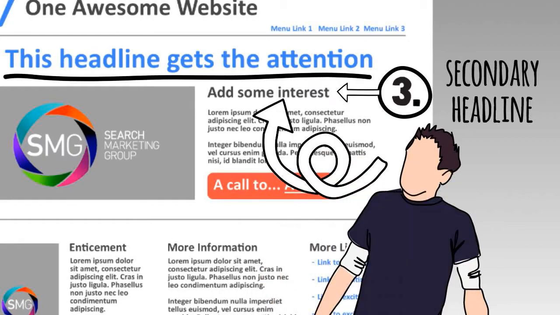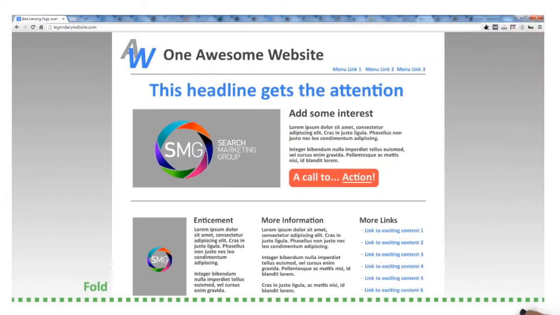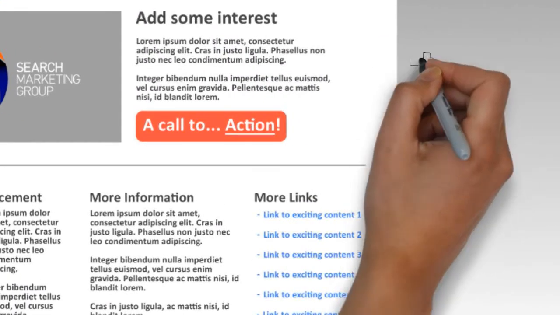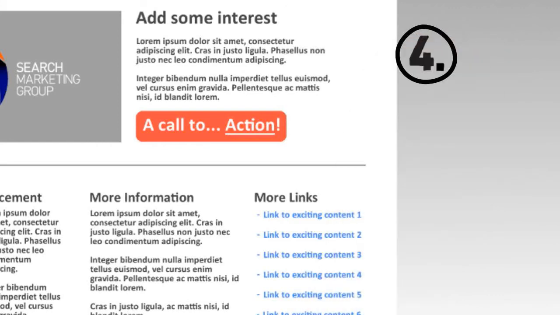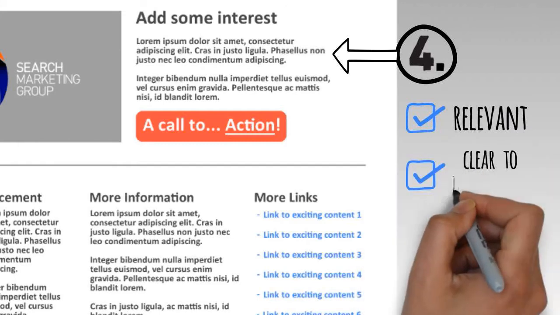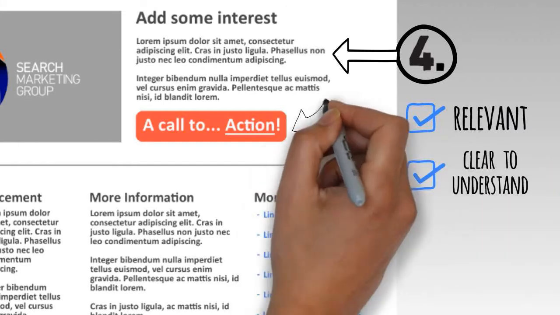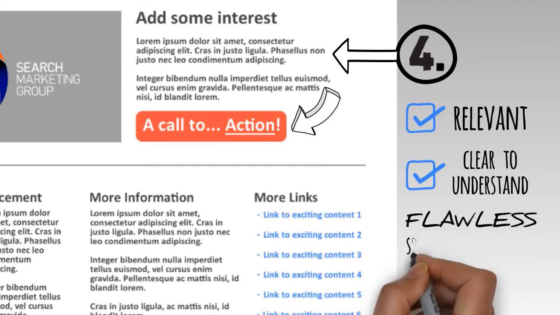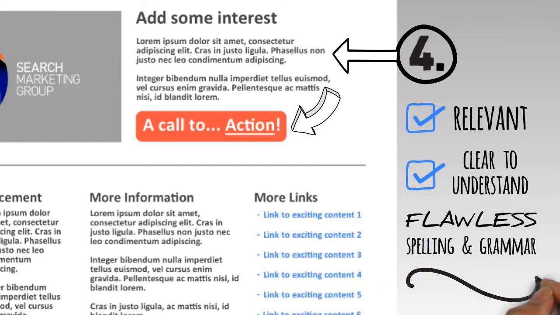site. Now, assuming your headline has done its job and drawn the visitor in, you need to make sure that the rest of the text on the page also engages effectively. Again, it needs to be relevant to the page, clear to understand, and leads the reader naturally to the page's call to action. It also goes without saying that the spelling and grammar need to be flawless. Once you lose the trust of a site visitor, you may not get a chance to regain it before they're